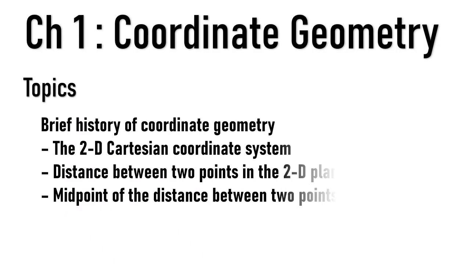Chapter 1, Coordinate Geometry. The topics covered are the brief history of coordinate geometry, the 2D Cartesian coordinate system, and distance between 2 points in the 2D plane, which is actually there in grade 10. That topic is now in grade 9. Similarly, the midpoint of the line joining 2 points in the 2D plane is also taken from grade 10. Now the next chapter,